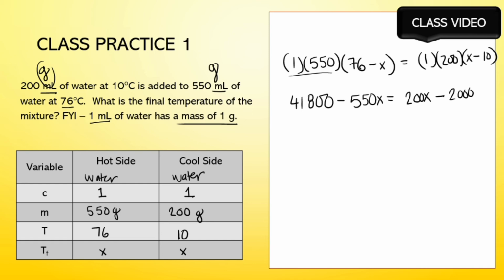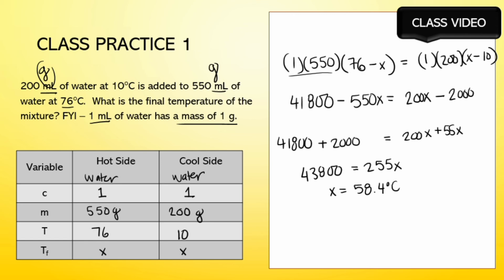I am going to gather my x's on the right side, 200x plus 550x. I'm going to gather my plain old numbers on the left side, 41,800 plus 2,000, and I'm going to get 43,800 equals 255x. When I divide both sides by 255, I'm going to get x equals